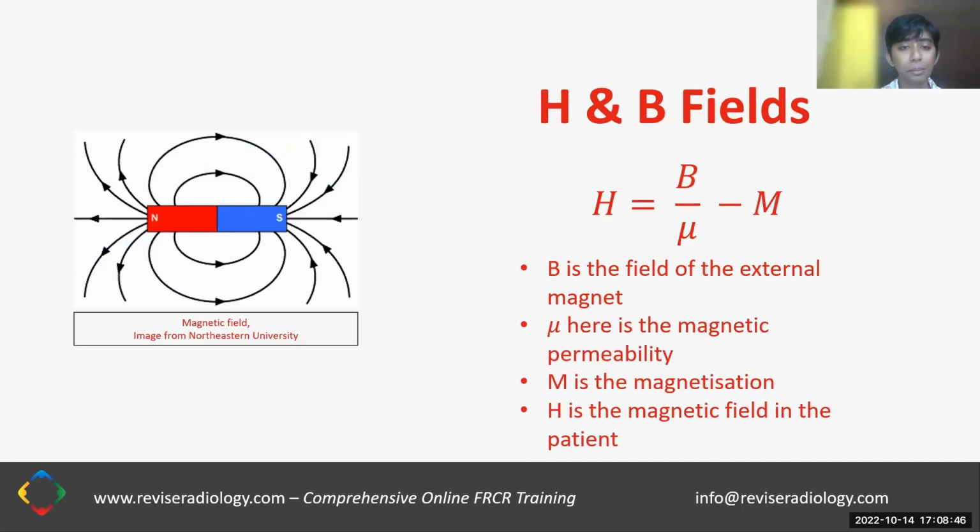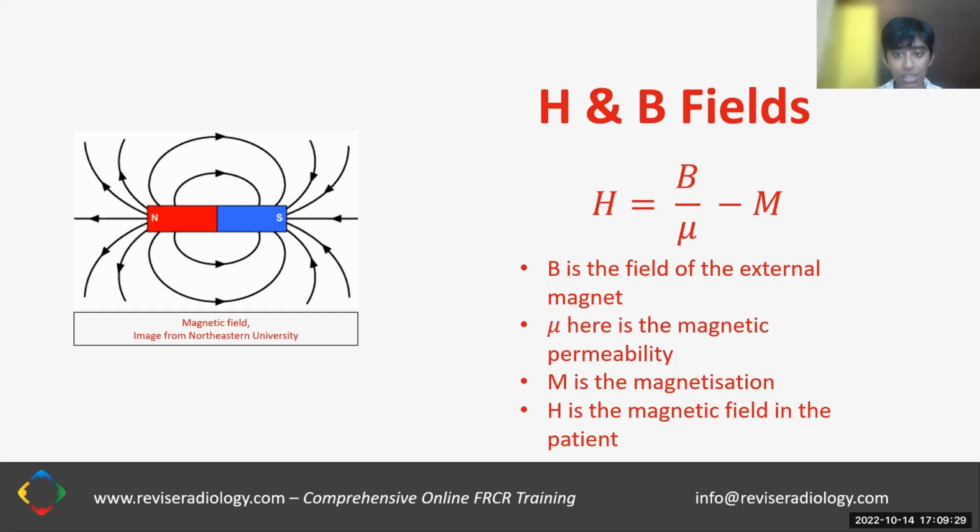So a little theoretical point to discuss before we start going. If anybody remembers their electromagnetics, you might remember that there's H and then there's M, and there's B. So B is the field that we're applying to the patient. M is the magnetization, mu is the magnetic permeability, and H is the magnetic field in the patient. So we're talking about the magnetic field applied to the patient. We're talking about how the atomic nuclei react, but all the while we'll be using the term B instead of H. So if you know your electromagnetics, you'll be asking,